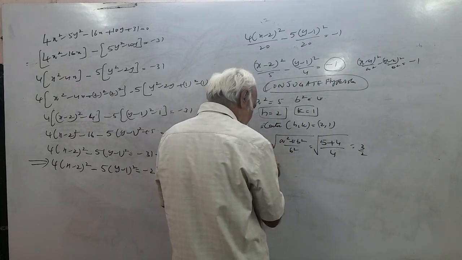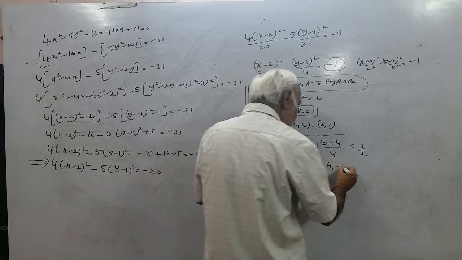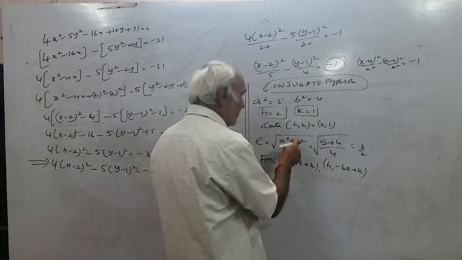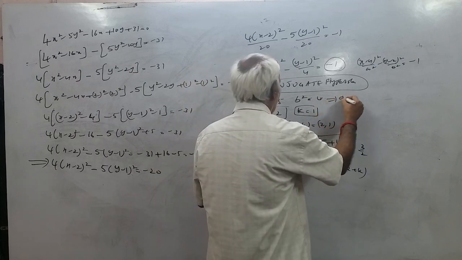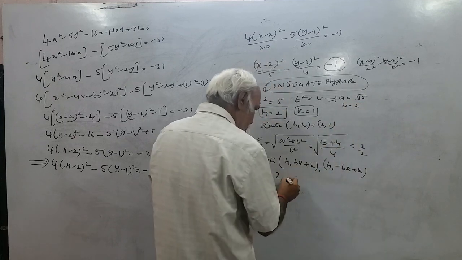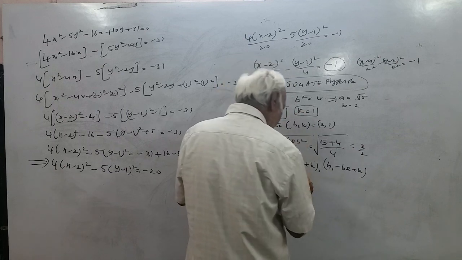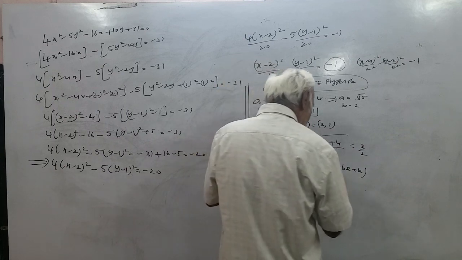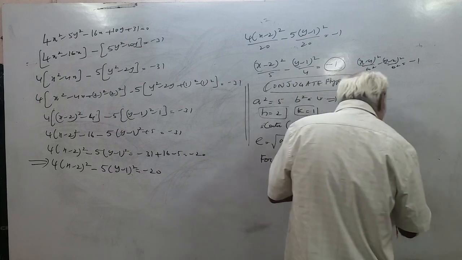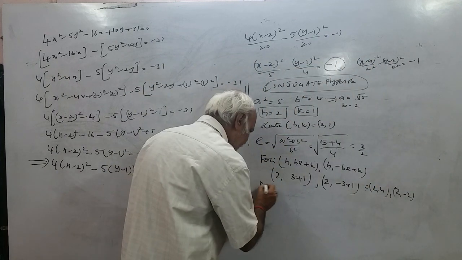Now the foci: h comma be plus k, h comma minus be plus k. So what is the h value, sir? 2. The b value from this: a is equal to root 5, b is equal to 2. So 2 comma, b value 2 and e value 3 by 2. So it becomes 3, and k value plus 1. And here 2 comma minus 3 plus 1. So this is 2 comma 4 and 2 comma minus 2. Okay, so we have completed. The foci are over. Next, directrix.